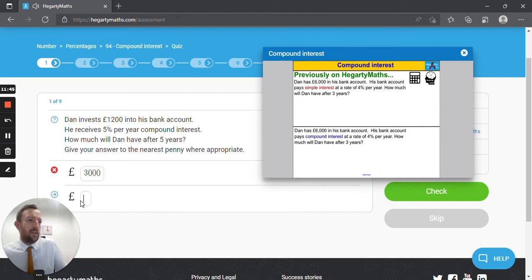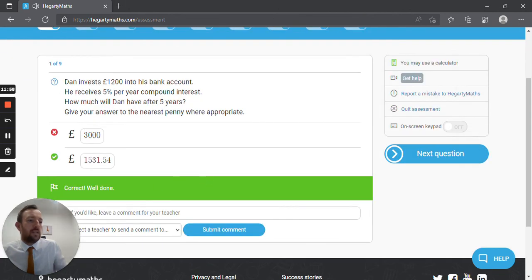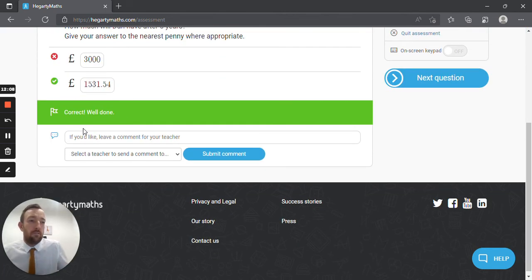Okay, so to the nearest penny, it's £1,531 and 54p. So if I click check this time, and you can see there, I've got it right. Okay, so it says correct, well done. You only get 2 opportunities, but if you do get it wrong first time, it allows you to have a go the second time. And if you still got it wrong, so let's say you got both of them wrong and just really didn't understand why you got it wrong, and didn't know where to go with it,